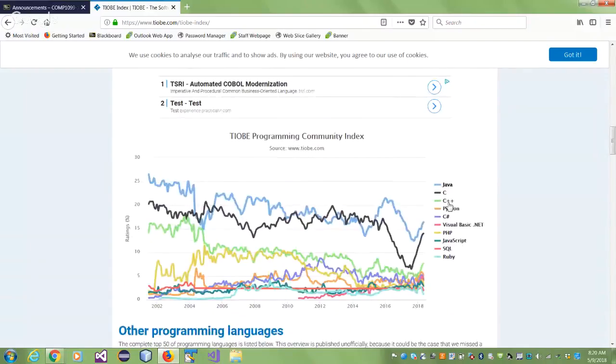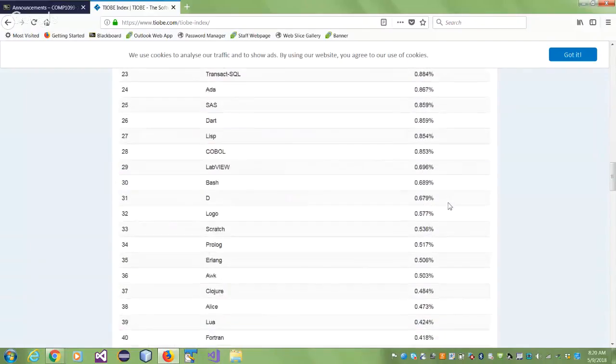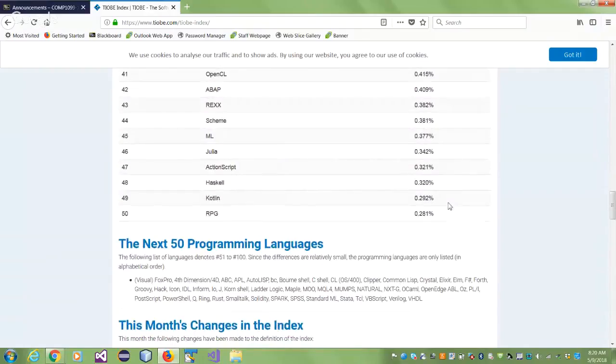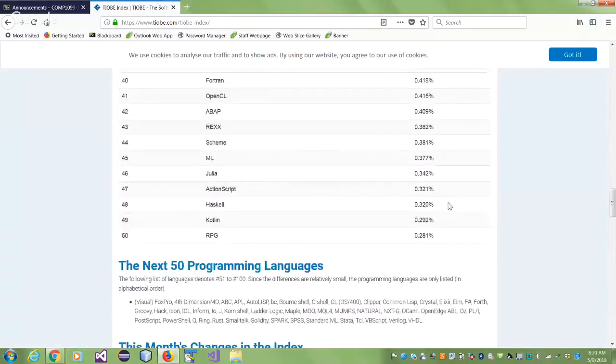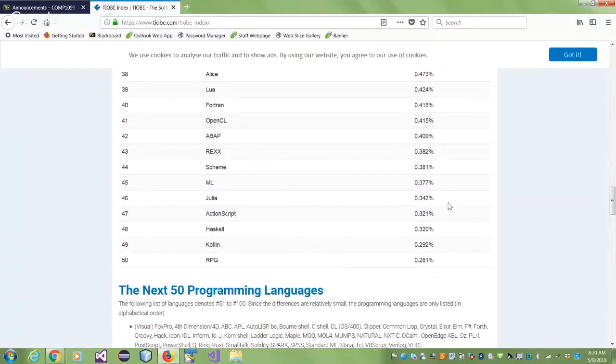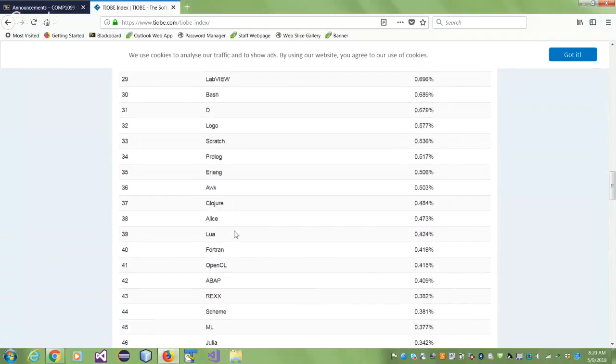And then you will see there are others they have listed here, and they kind of, I think, go on till 50. So there's some language which maybe you haven't even heard of, which is okay. It's not a big thing. We used to teach Haskell a few years back, but notice it's sitting at 48 now. We don't teach it anymore. So we keep the course up to date. You should be aware that your course is always up to date.